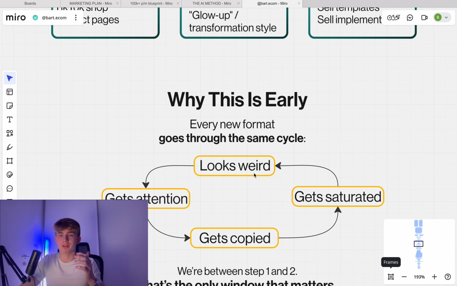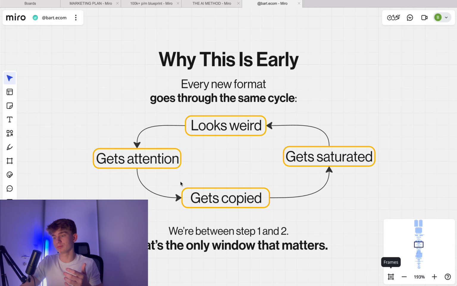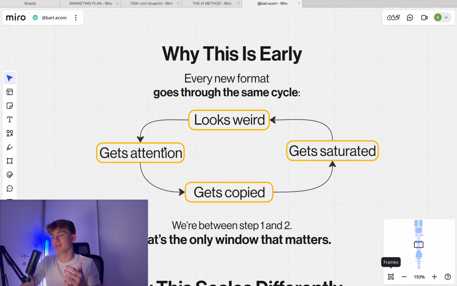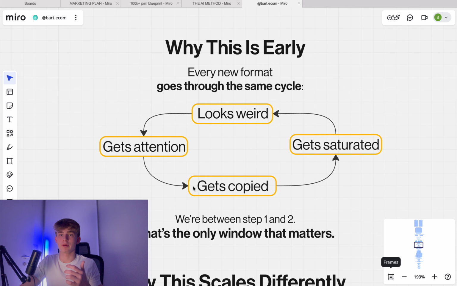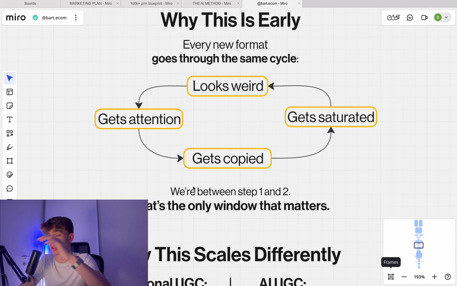So this is urgent. If you don't act as soon as possible, you will miss out, bro. You will be left behind. Like dropshipping, agency, crypto, you will be missed out. The AI is the new era, I would say. So I would say we're in between step 1 and 2 with AI, and that's the only window where it really matters. So you have to jump in like crazy.